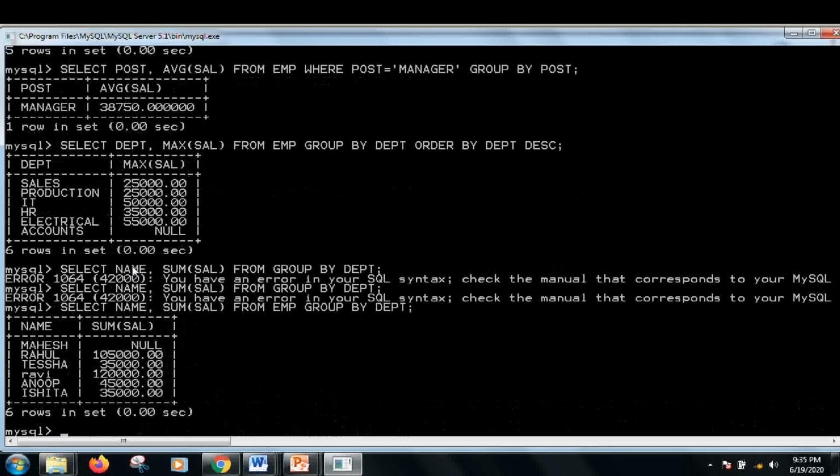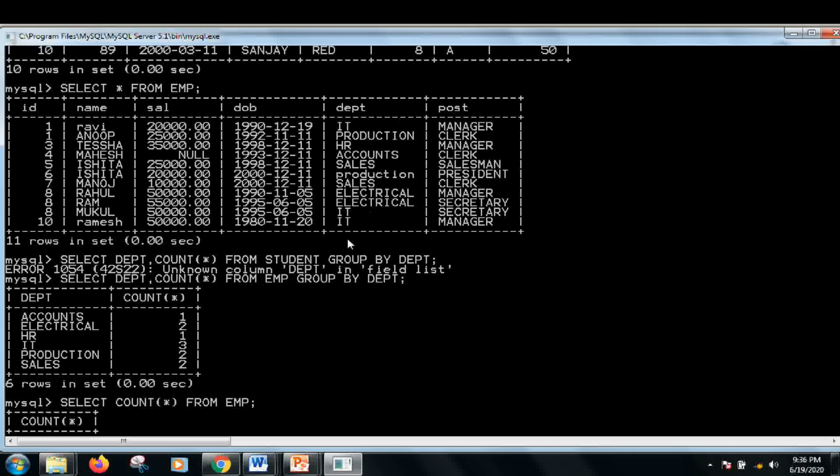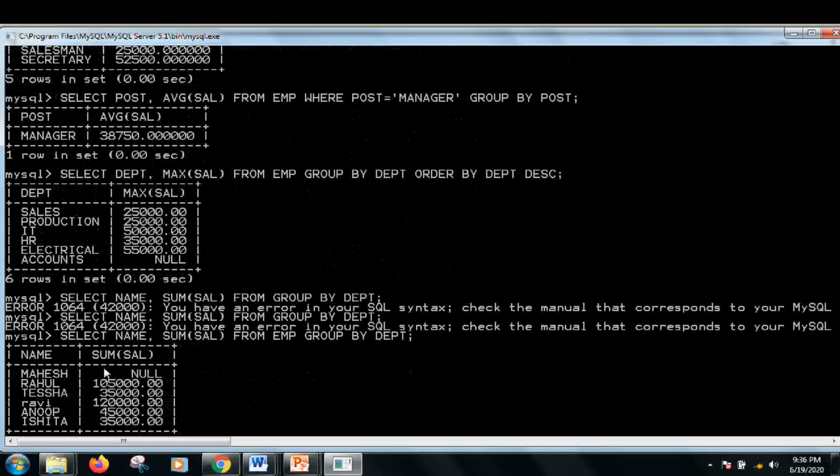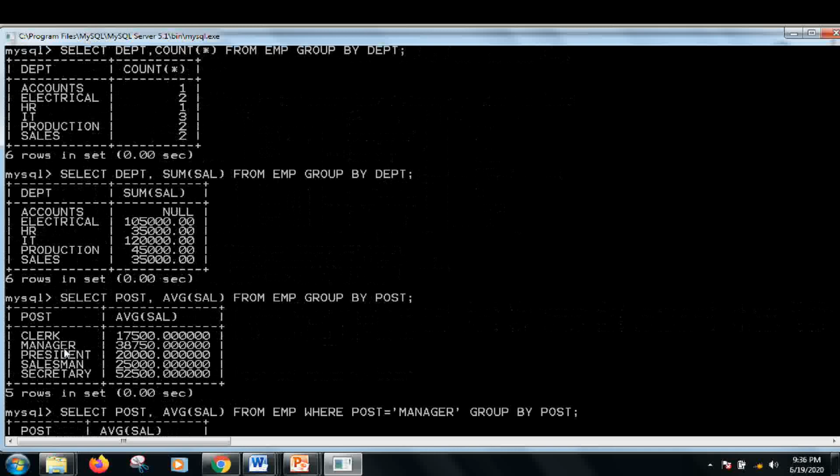See, what is happening here is that I cannot group name-wise because name is very different for each and every record. So there are only certain fields on the basis of which we can do the grouping. If I try to do the grouping on name, then only the first name in the group will be taken and then it moves on. So the non-group expression should be avoided in such queries.